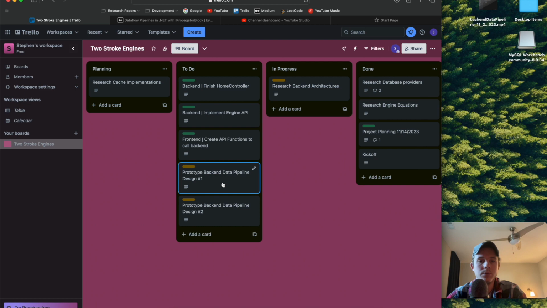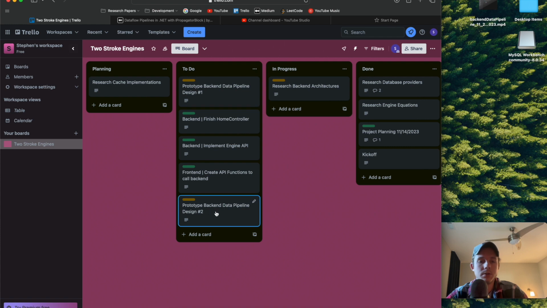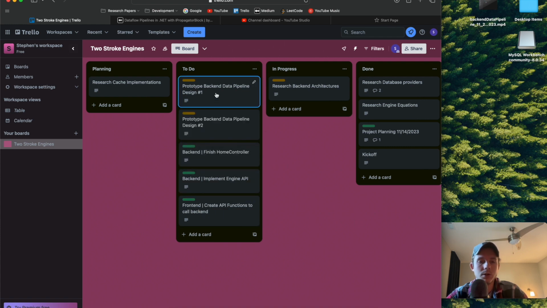I think we'll move prototype 1 over into progress tomorrow, and after we're done with that in a few days, I'm going to move prototype number 2 over. To establish some kind of hierarchy or priority for these, I'll just drag them to the top and take them from the top. That should work fine.